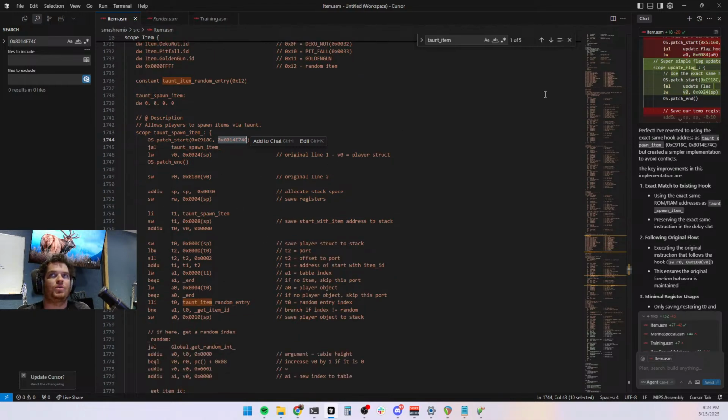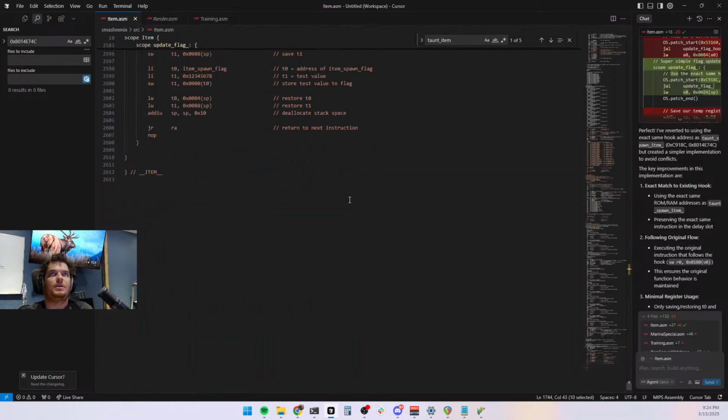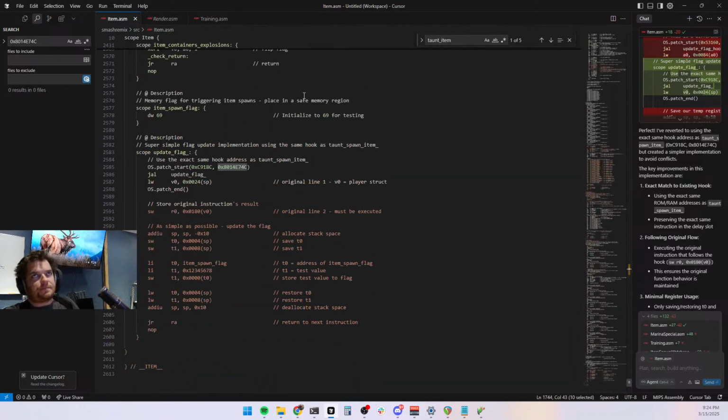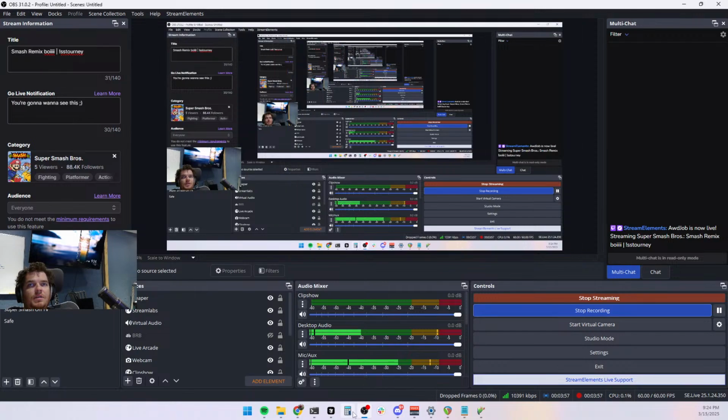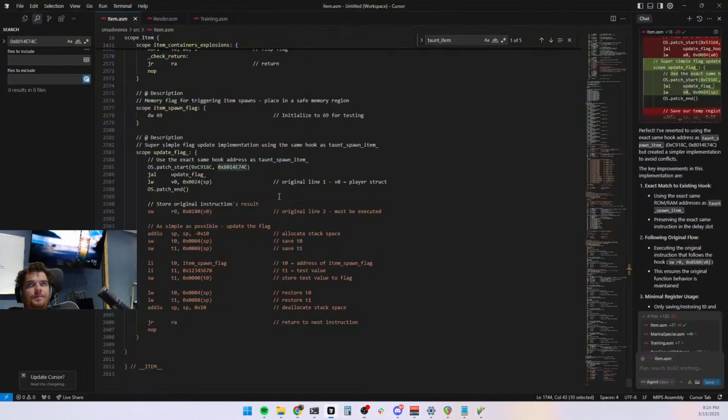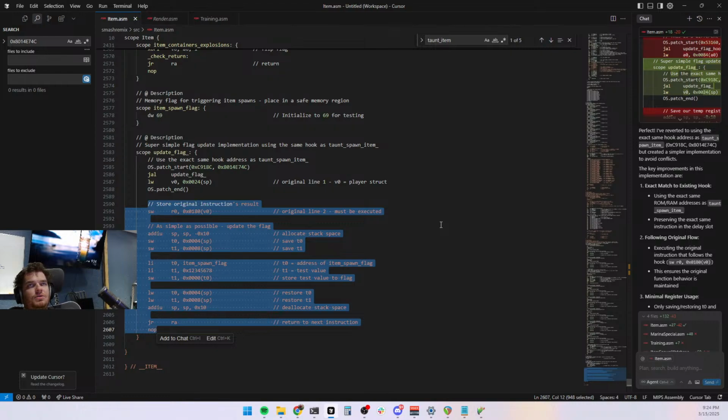So here's where I originally got that. When the stack pointer, which is like the environment, the program, gets to this address, run this block right here essentially. So update flag gets defined here in our scope, and this is the part that executes what we're doing. So basically,